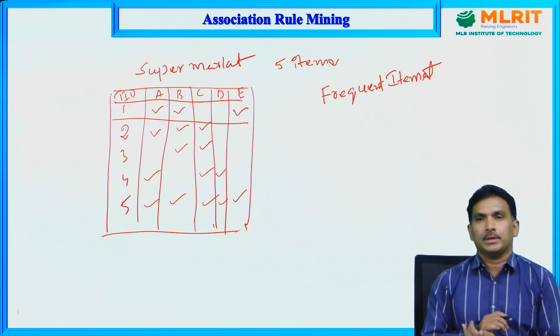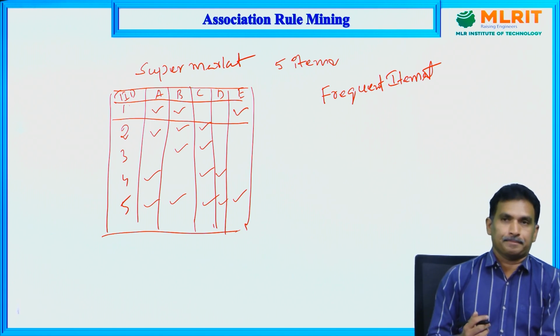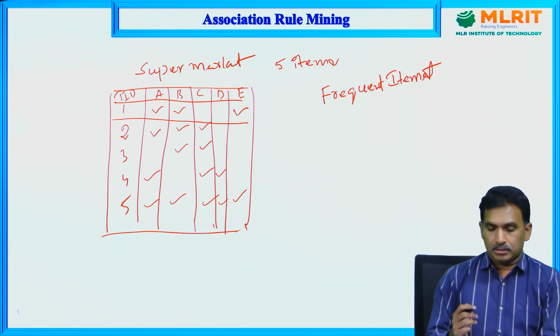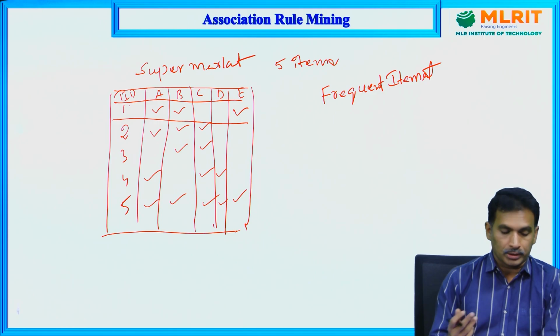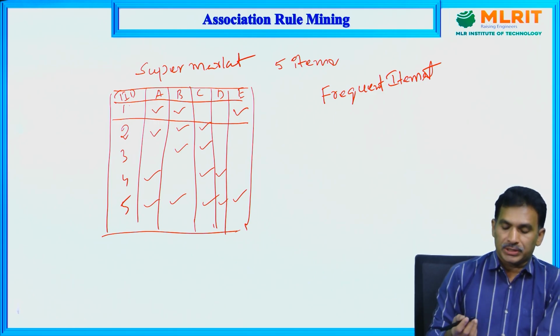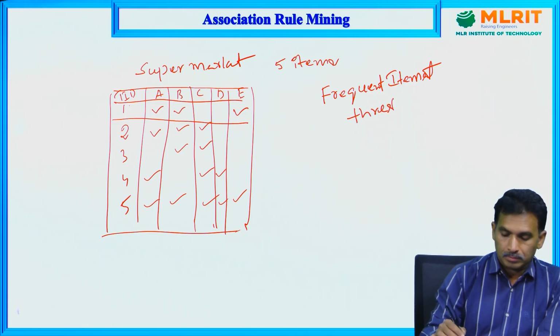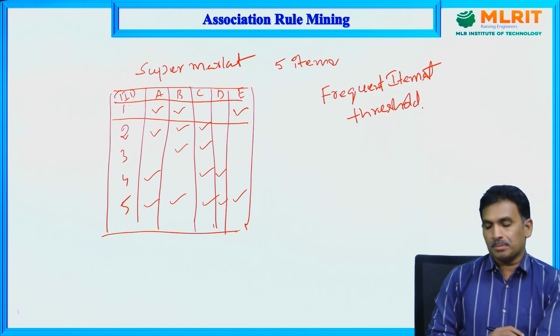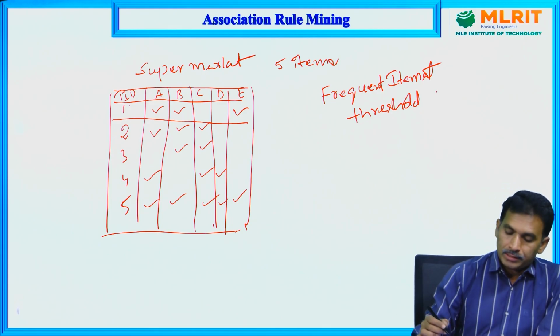Frequent item set. Item set means items which occur frequently, or items bought by customers frequently, a set of items frequently purchased together. But there will be some threshold, or minimum support, or there are different names, we'll discuss in detail. So the threshold is like 2. That means